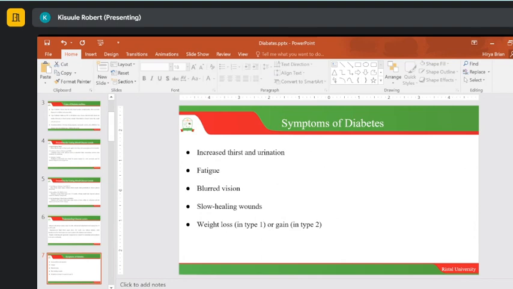Why are we saying weight loss in type 1 diabetes? We're saying weight loss in type 1 diabetes because the body is not producing enough insulin. Okay, then in type 2 diabetes, the insulin is there, but it is not enough or it is not adequate. So you will see a weight gain in type 2 diabetes mellitus, I should say. So if someone comes to your consultation room presenting with this, you should be able to ask this person to go and take more tests from the lab.